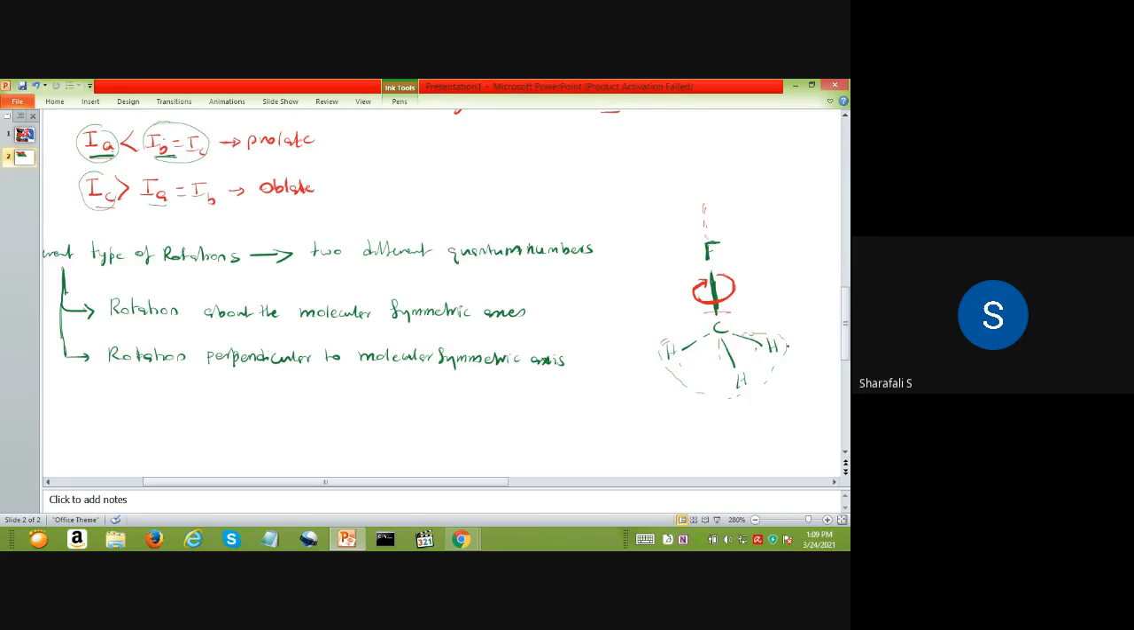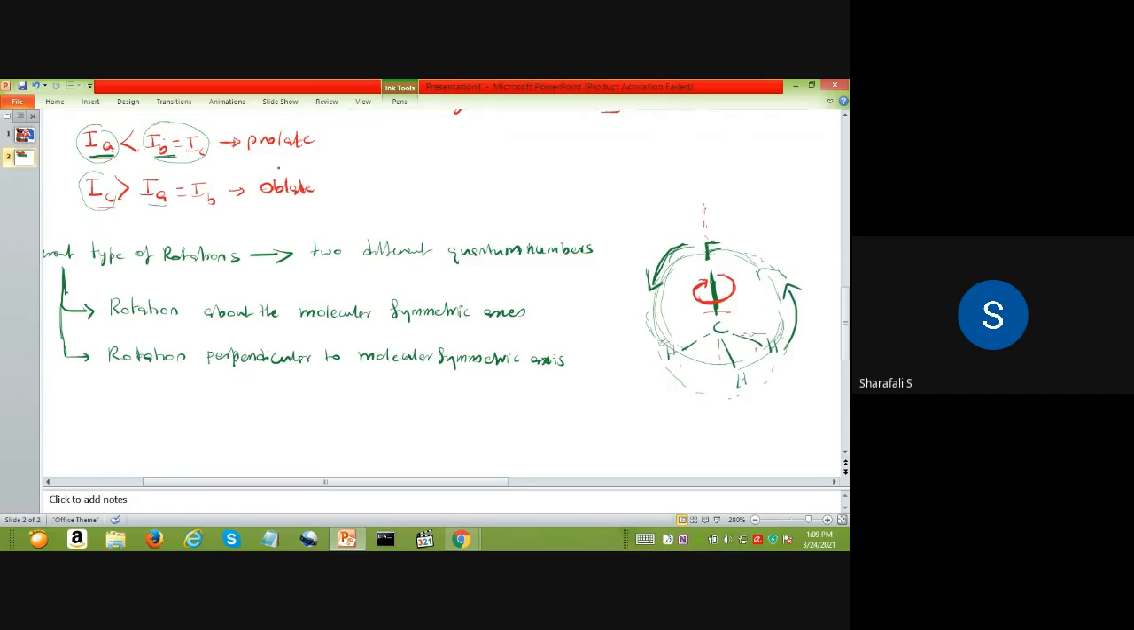Okay, so that rotation is like this, and this fluorine atom will be rotating from that position to this. So that rotation will be perpendicular to this axis, this molecular symmetric axis. So the entire molecule is rotating like this. So that is also possible. So two different kinds of rotations are possible, and corresponding to these two different rotations, we have two different moments